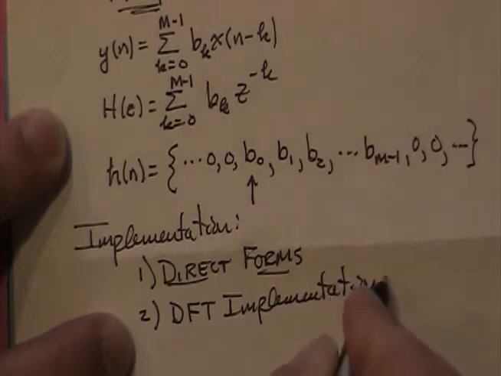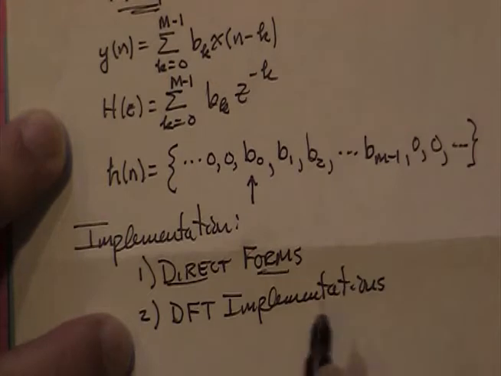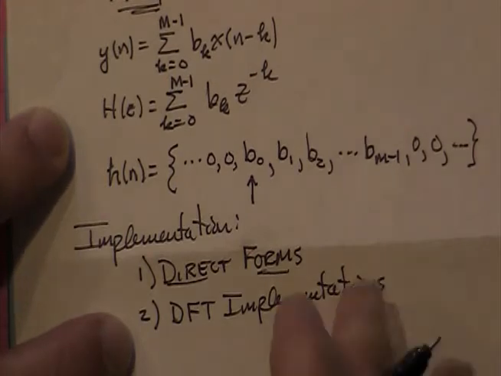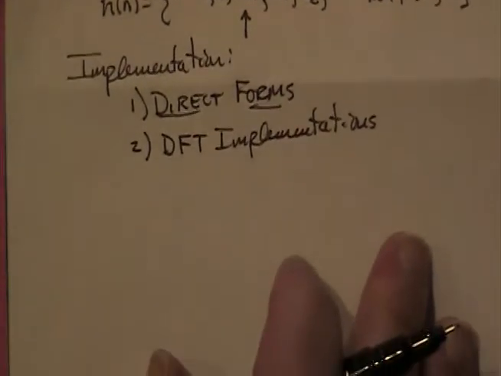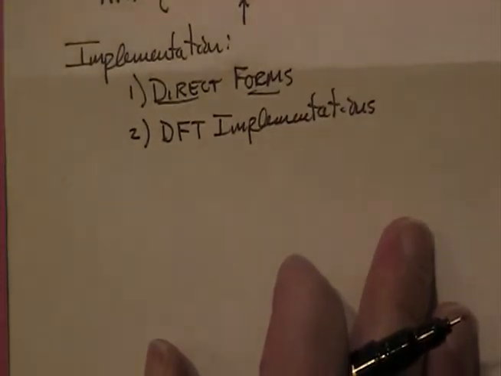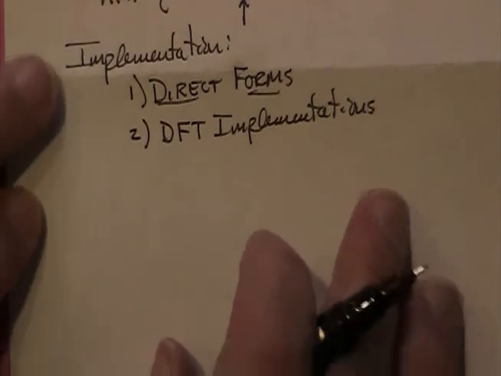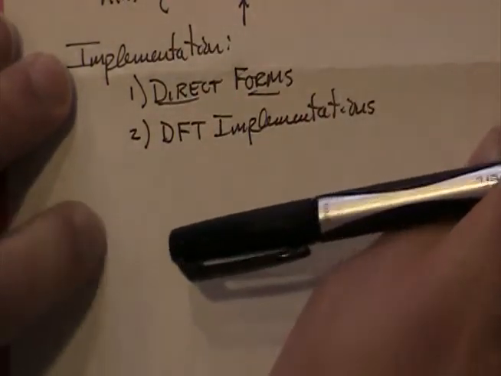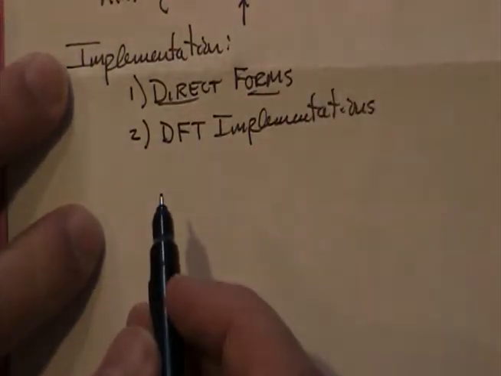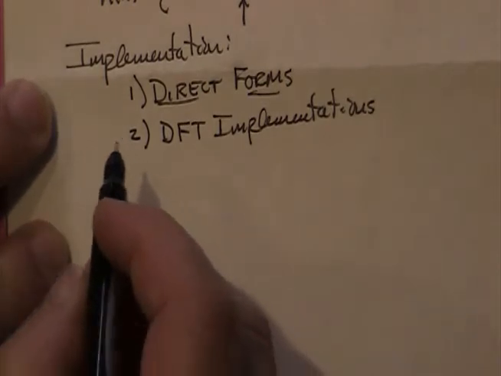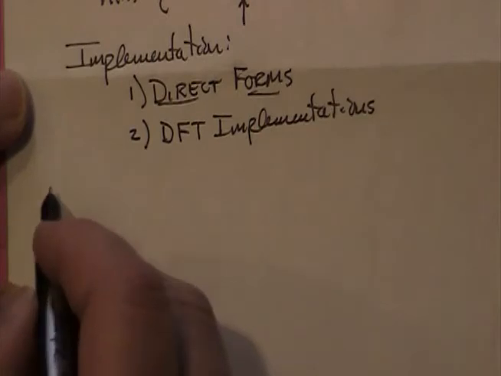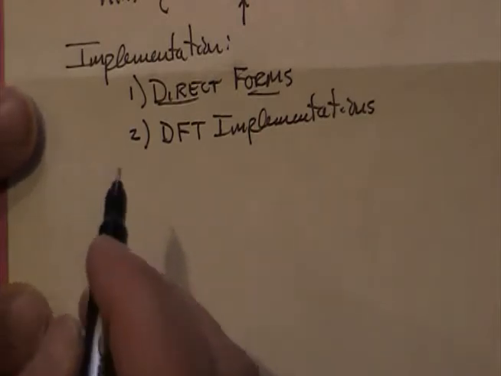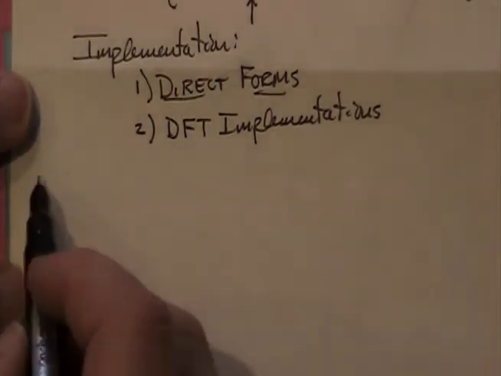So here we could use an overlap and save technique to do this in real time and actually process an incoming sample stream for an FIR filter and come up with an equivalent way to calculate those outputs. And that could be a real option. So the direct form implementations, let me draw a picture of the direct form, and then we'll show a variation on the theme here. So my direct form